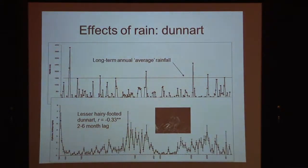Dunnarts show negative effects of big rainfalls. One of the reasons probably is that they don't build their own burrows. The animals are uniquely dependent, particularly desert animals, on the burrows of other species. They depend on having dragons, or rodents, or even spiders and scorpions in the system, so that they can usurp